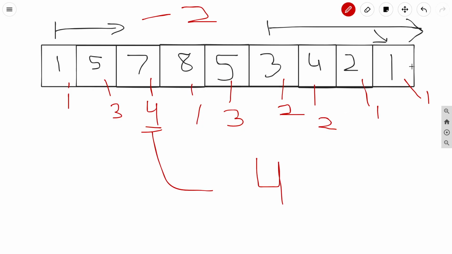So we have just iterated in reverse way, and we have stored the position, and we have first checked whether there exists any element which is nothing but 1 plus d, or that element plus d. For this last element it is nothing but 1 plus d, where d in this case was -2.